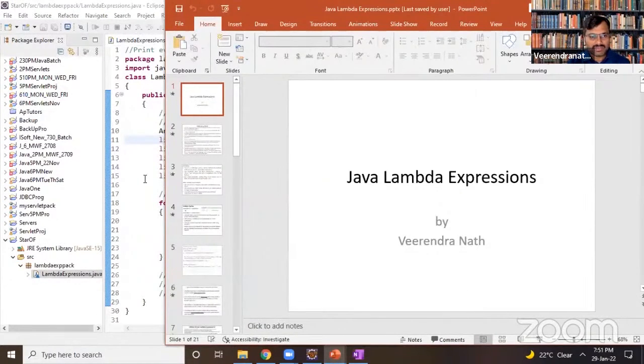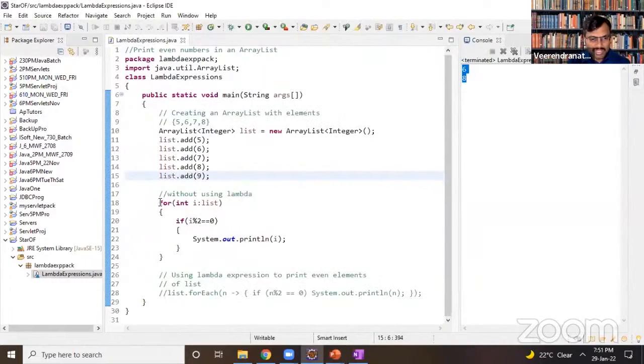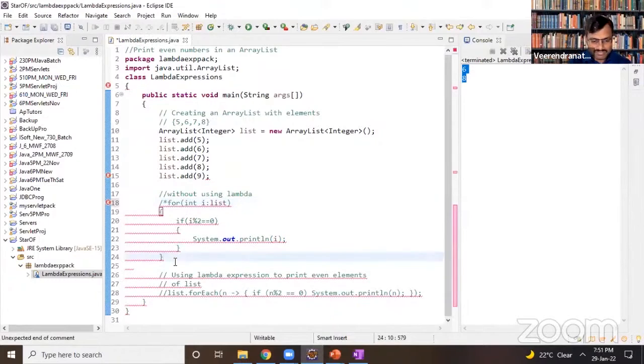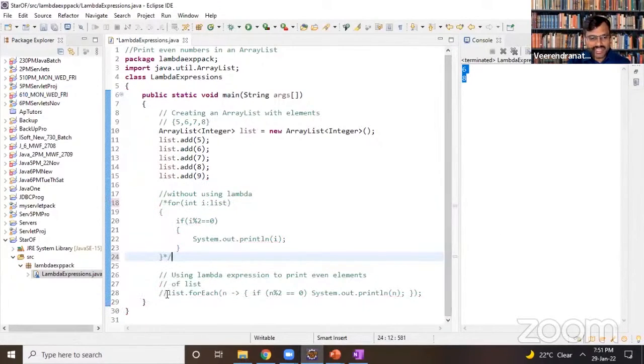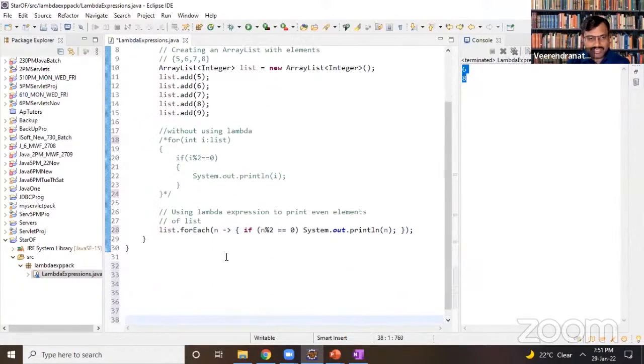Now I want to comment this one, and then I will go for this. Same thing, but I'm not using a normal for loop. I'm using a forEach. forEach is a kind of stream API which is available.